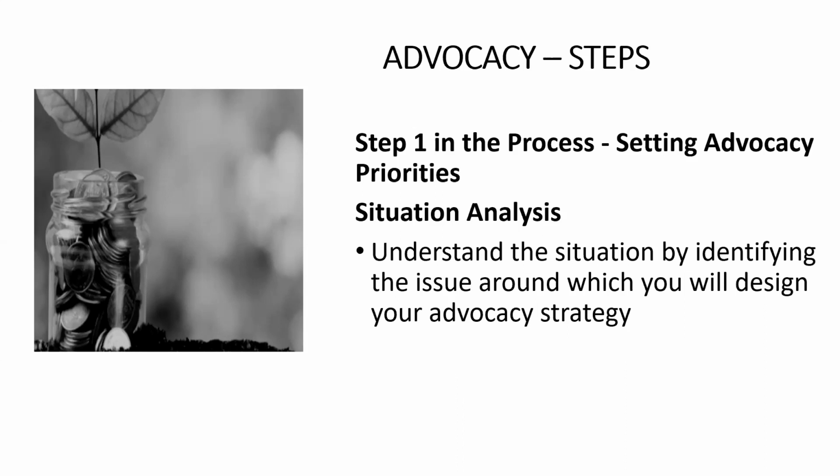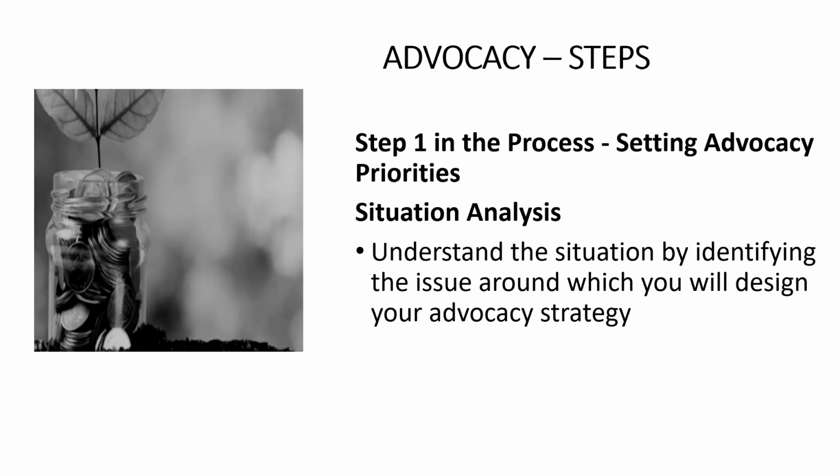What are the underlying causes of those problems, and how do you go about addressing them? For example, you might identify that a particular policy may be absent, it may be ineffective, or it may not be enforced. That may be the focus of your advocacy strategy, because you want to have it implemented, or you want the enforcement procedures to be activated. And so the whole process will be centered around that